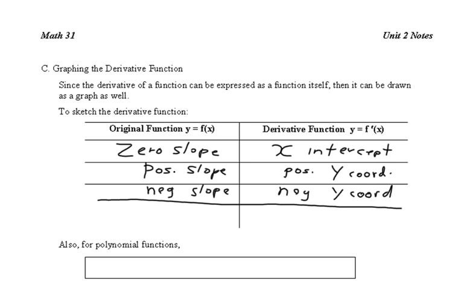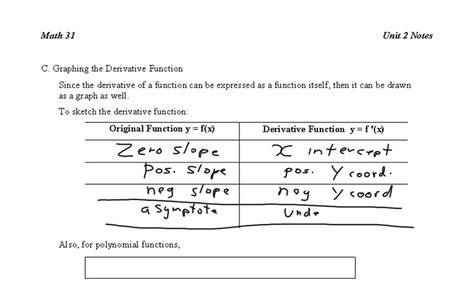And then we have two weird cases. If your original function has an asymptote, in other words, a vertical asymptote is in the graph somewhere, we will have an undefined derivative there as well. And if we have a cusp, also called a corner or a peak, a sharp turn in the graph,